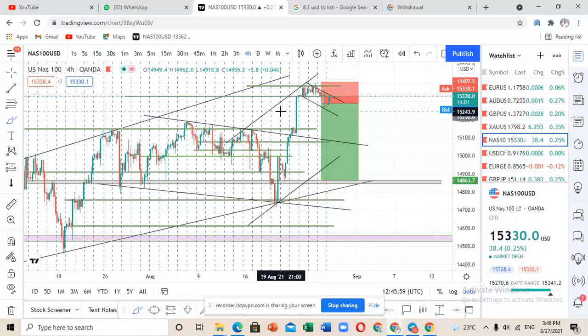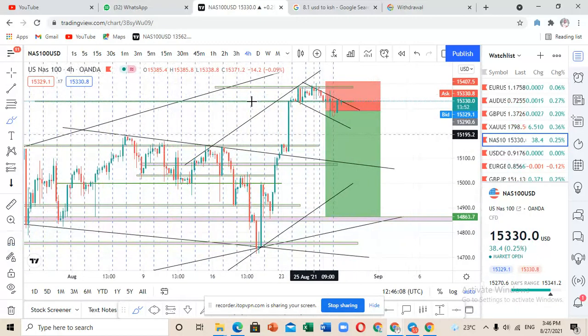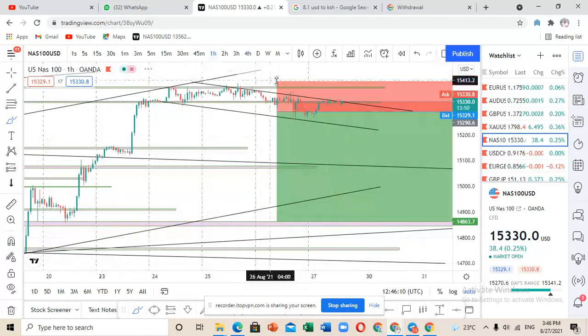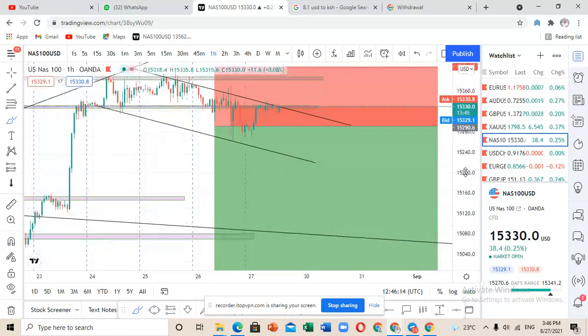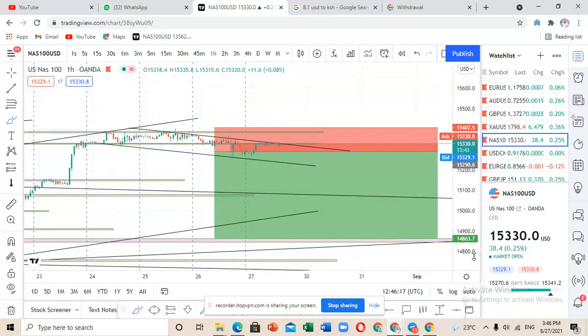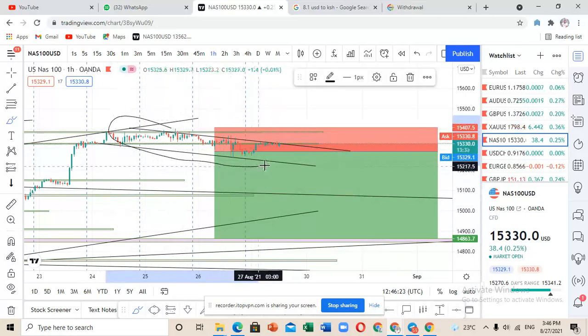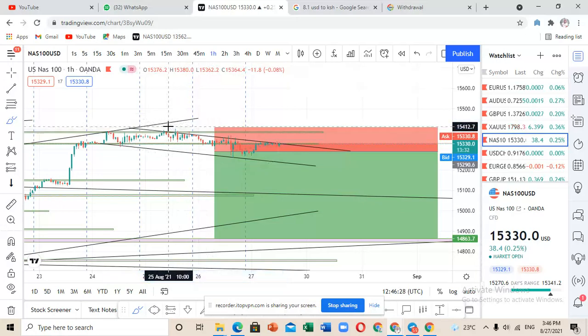Usually when it comes to NAS 100, it becomes very volatile when we are coming into a weekend before the market closes. So currently I'm in this trade, and I'm currently in the negative. I'm expecting that when the markets start becoming volatile, you can see that the markets have been moving with a bearish trade in a particular manner. You can see that the market has been moving on that bearish trade there.